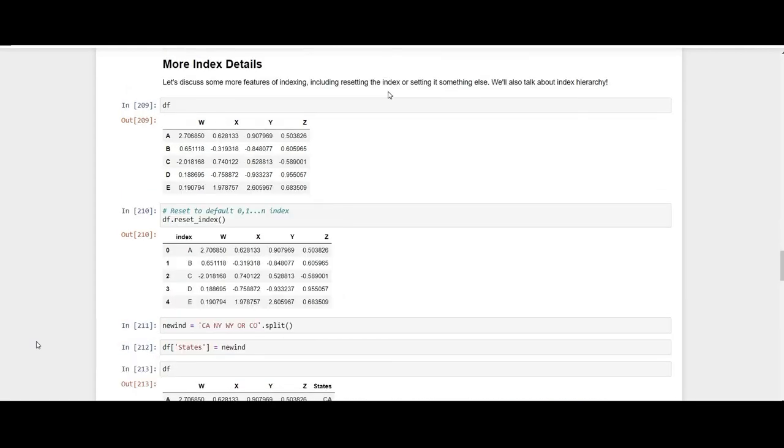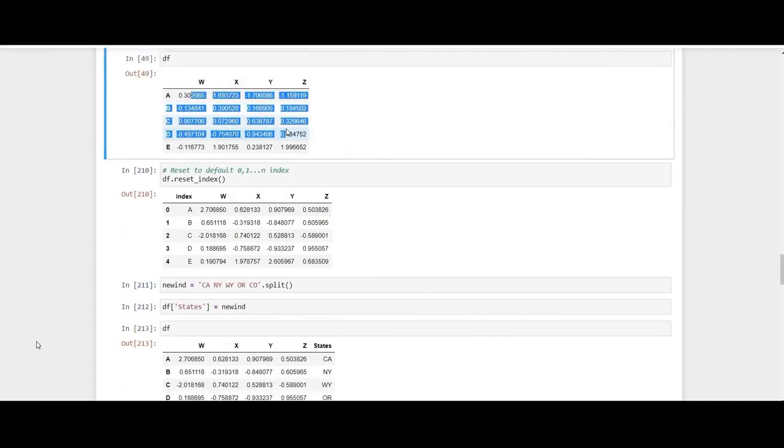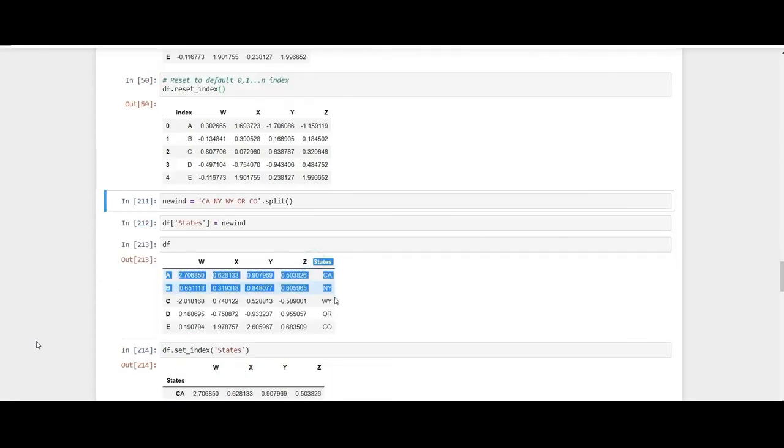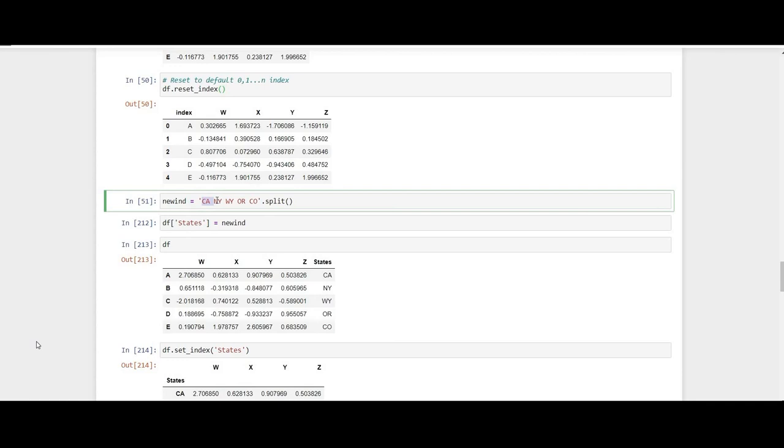Here we are going to learn some more index details, and our data frame is as we declared above. The reset_index method is used to reset indexes from ABCDE to default indexes 0 to N. Simply we added a new column named status, which contains these strings CA, NY, WY and likewise.